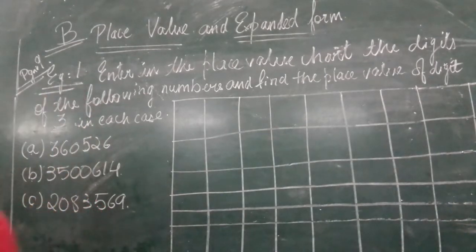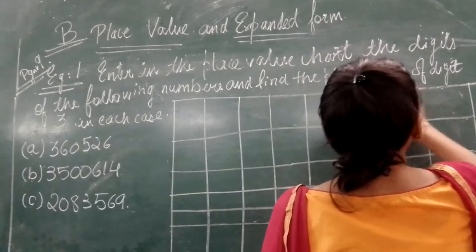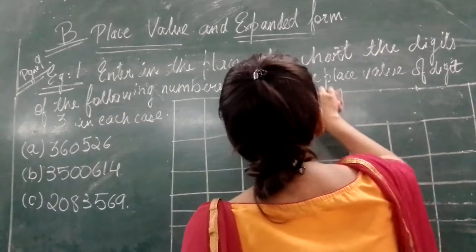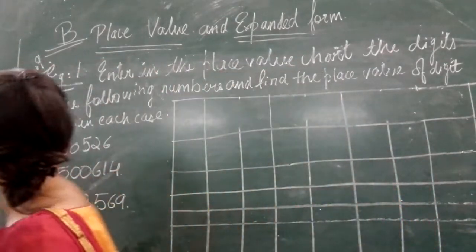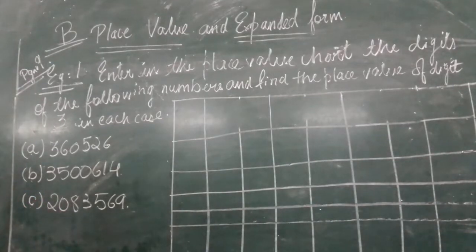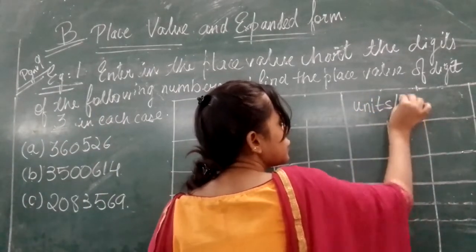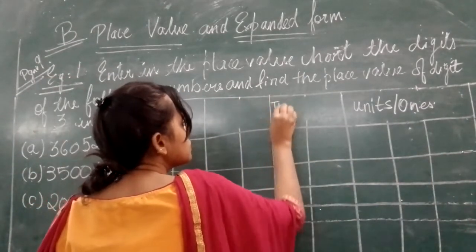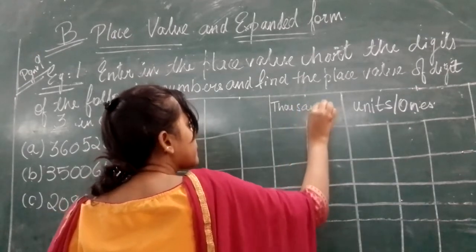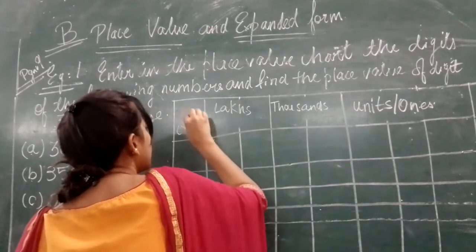Now here you will accordingly erase. Now what will you accordingly erase? The units period. So here will be the unit period which has 3 digits. You will erase the 2 lines up. Here you have 1 and here you have 1. Okay. So here is the units period or the ones period. Yes. Then you have the thousand period. Then you have the lakhs period. And if at all crore comes, you will write it here.